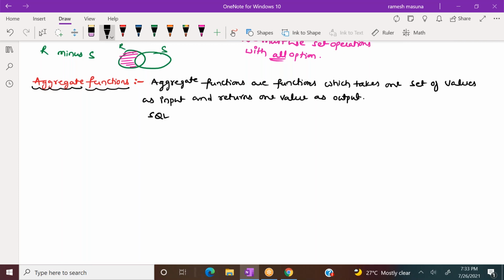And here the query language SQL supports 5 built-in aggregate functions.